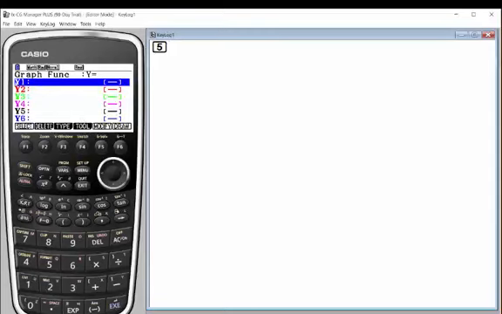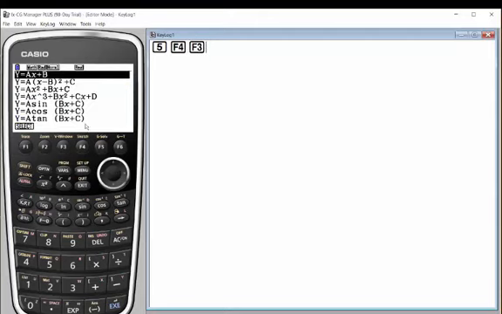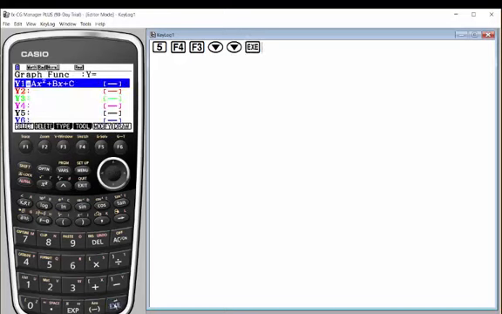To get both, I could type them in, but I'm going to kind of cheat and do it the easy way. Under F4, you'll see the word tool. When I click that, I have some built-in equations. So I'm going to choose those by clicking F3, and I want the standard form of a parabola. So I arrow down to that and I hit execute, and that automatically puts that in Y1 for me.